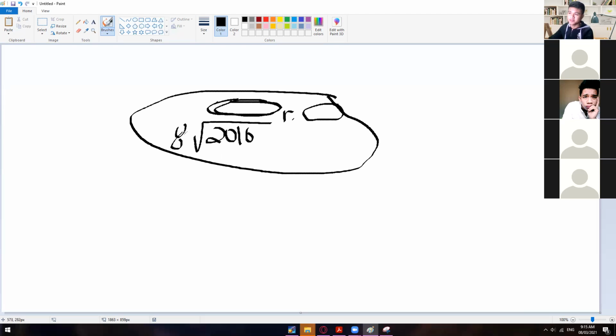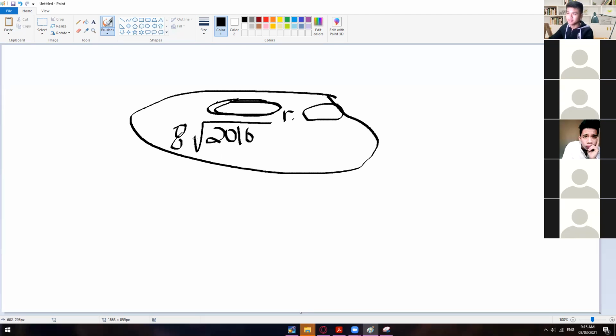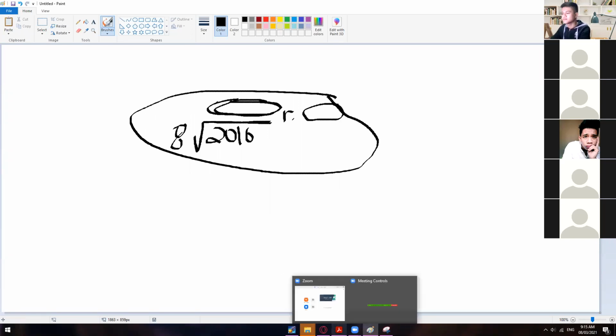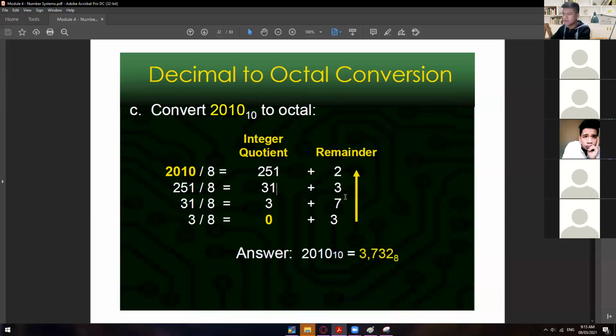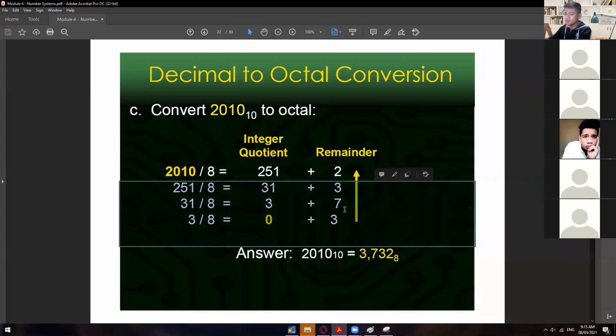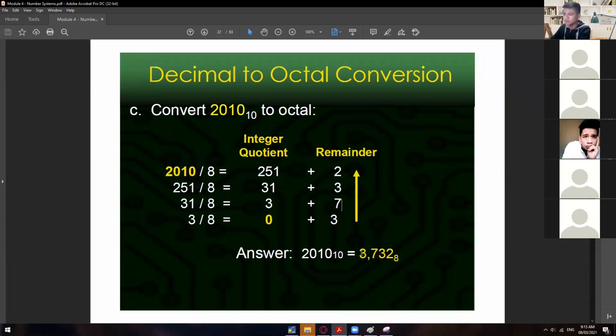Yes, sure sir. I guess you guys know how to divide it this way. This is the old way, going back to the elementary days, or maybe even high school. So that's how we've got those remainders. Just read this one from bottom to top, and then you will get